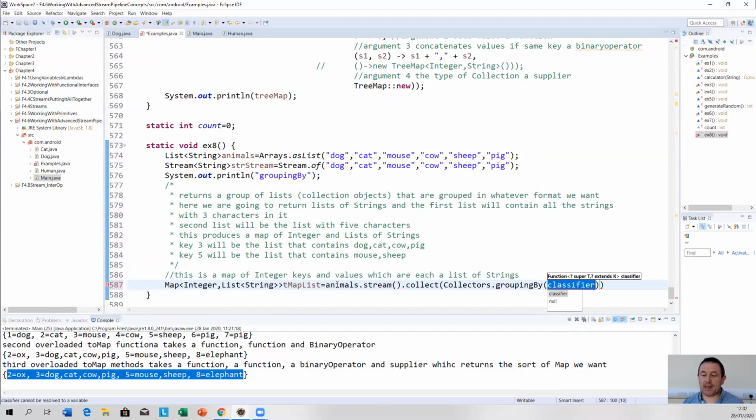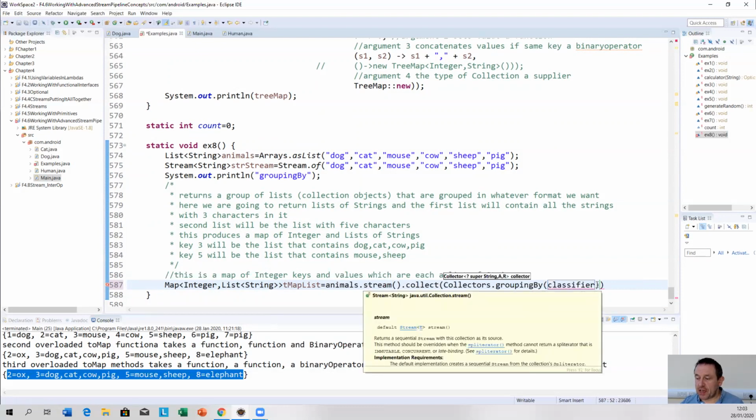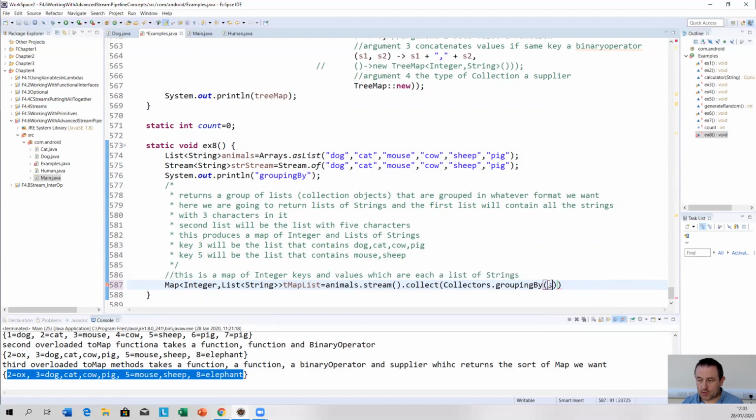So we're based on animals.stream, that's a stream of strings. GroupingBy takes in a function. It takes in whatever type the stream is here, so it takes in a string, and it returns